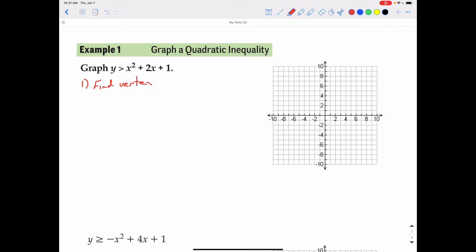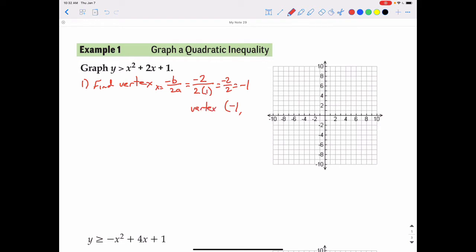And we find the vertex using negative b over 2a. That gives you the x value of the vertex. So on this inequality, our b value is the 2, so that means we will use negative 2 over 2 times the a value, and the a value is the number in front of the x squared, which would be the hidden 1, and negative 2 over 2 simplifies to negative 1. So the vertex has an x value of negative 1,